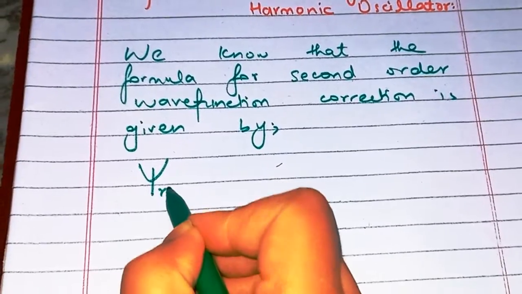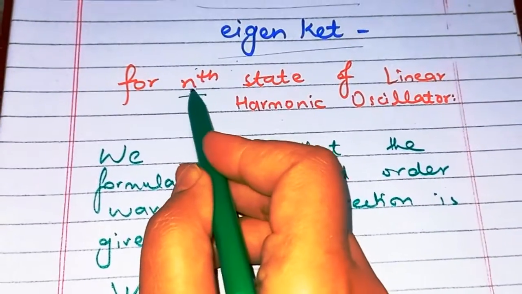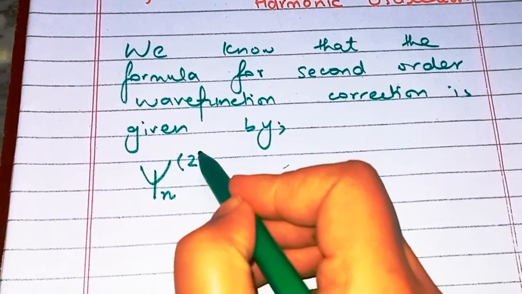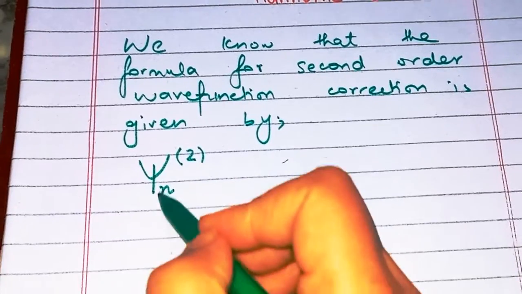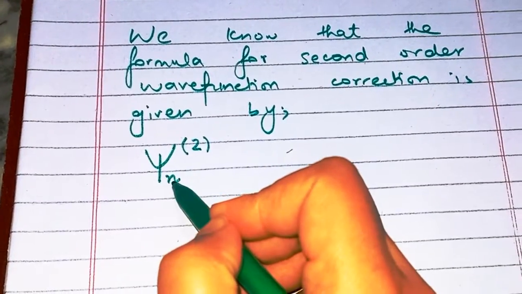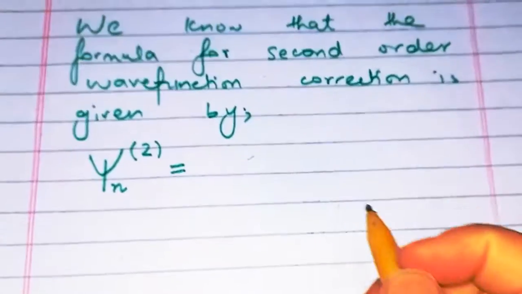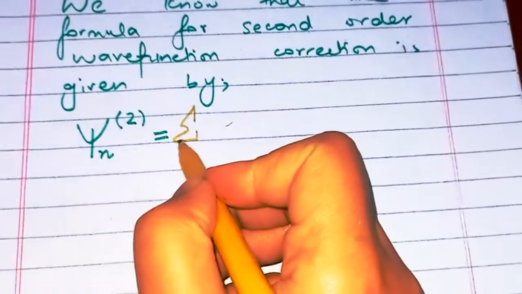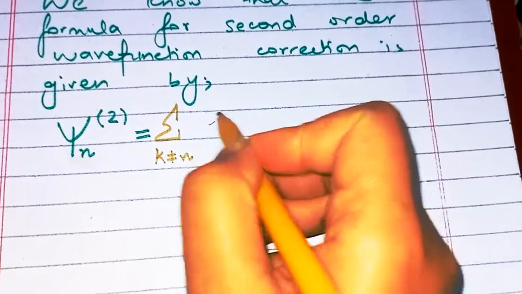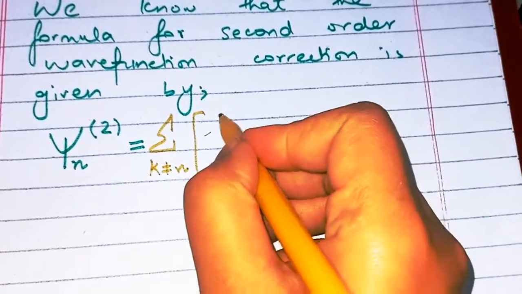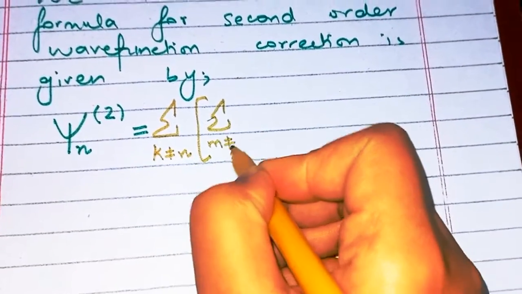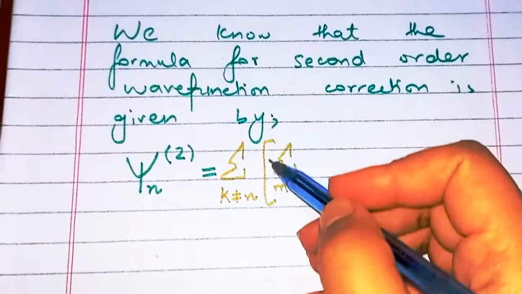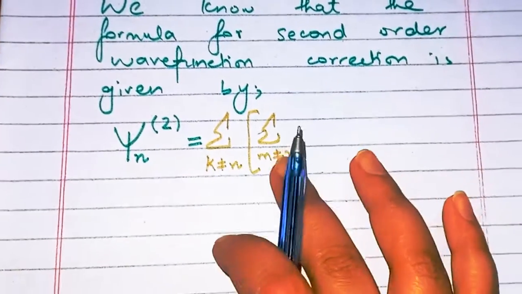It's psi with the nth state, because it's calculated for the nth state, so we'll write the state in the subscript and the order in the superscript. It's the second order wave function correction for the nth state. That is equal to, now we'll have multiple terms, so multiple terms alert. It's summation k is not equal to n, then we have this bracket, then summation again, m is not equal to n. This summation is k is not equal to n, and this summation is m is not equal to n. We have this bracket and another summation inside,